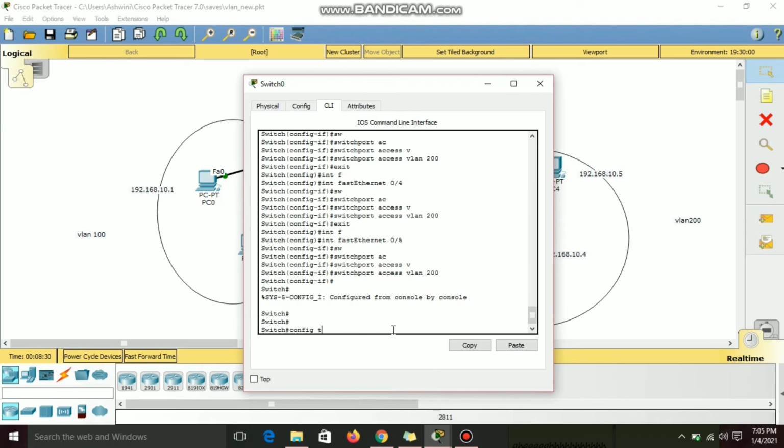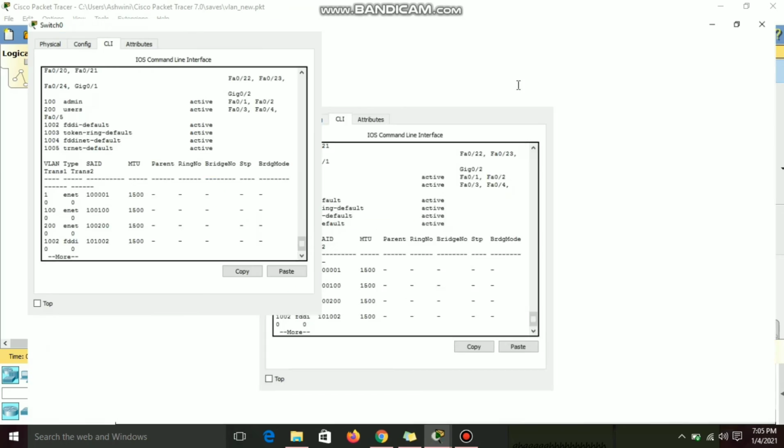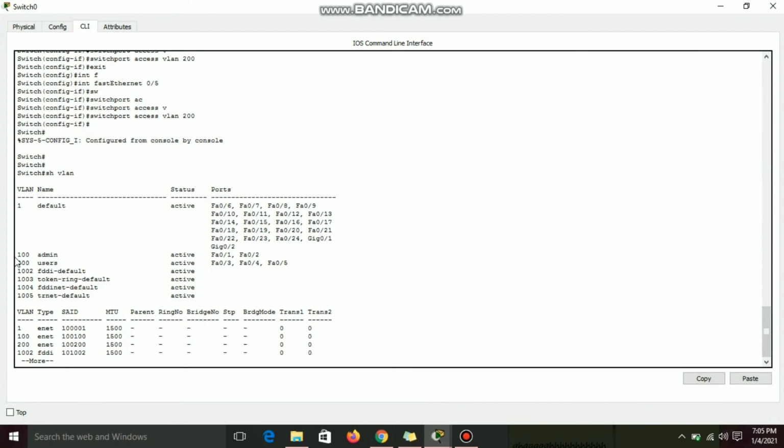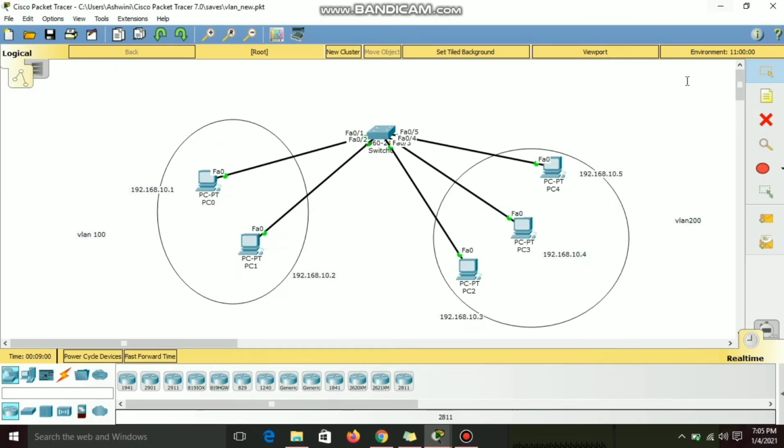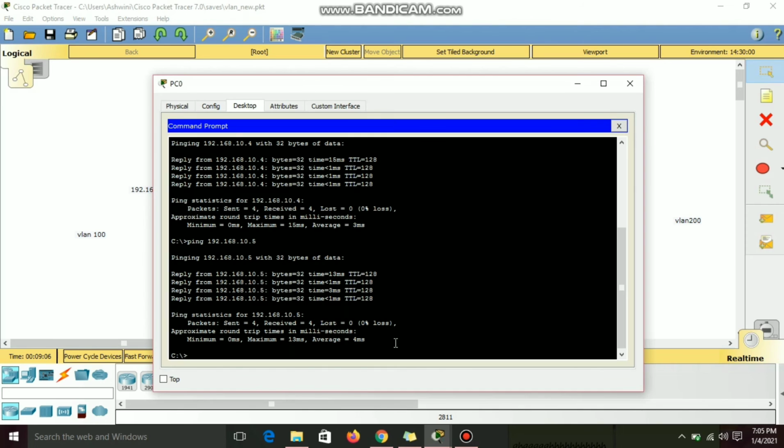Let's check the VLAN status. Here you can see we have assigned these two ports to VLAN 100 and these three ports to VLAN 200. We cannot communicate between these ports. Let's check that. As you see, we have already tried pinging all the PCs.